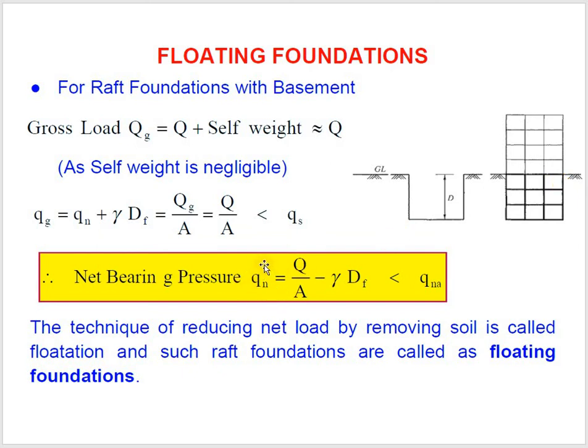So such a foundation where you remove the soil in such a way that the gross pressure acting on the soil due to the footing is equal to the surcharge due to that soil, such a case is called a floating foundation. So you might have seen the foundations of Lulu Mall and all. You have 3 levels of basements, and also for huge residential projects there are parking lots where you have 2-3 levels of basement. Then you have the superstructure. So this is actually a technique to reduce the net gross bearing pressure. So these are all the examples of floating foundations.